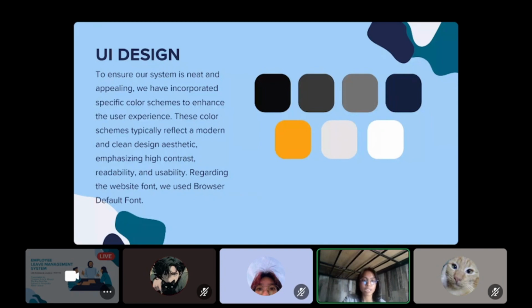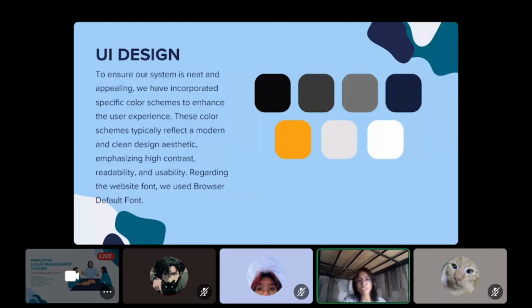These color schemes typically reflect a modern and clean design aesthetic, emphasizing high contrast and readability as well as the usability. The color schemes include shades of gray, orange, and white. Grays for a sleek background, orange to add vibrancy and to draw attention to key actions, and white that offers contrast, ensuring content is clear and readable.